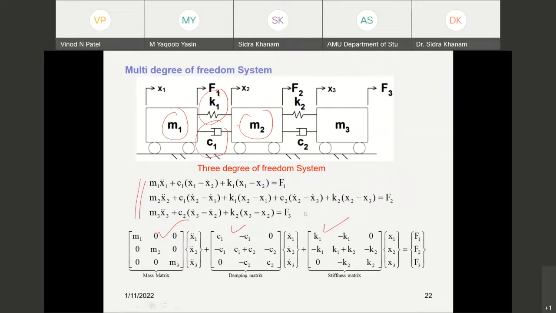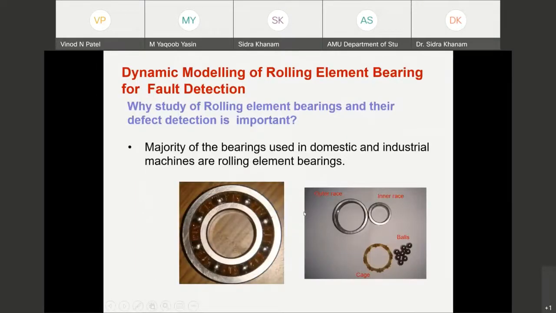Okay, now why should we study the dynamic model of rolling element bearings? Why have I selected this particular modeling of rolling elements? Whatever I have discussed so far, I moved a little bit fast because those were the fundamentals, which were known to you. The dynamic modeling of rolling element bearings is important. Why? Because wherever you go for rotating machines,